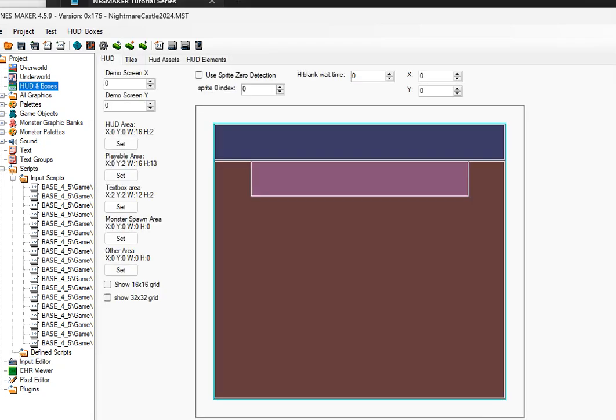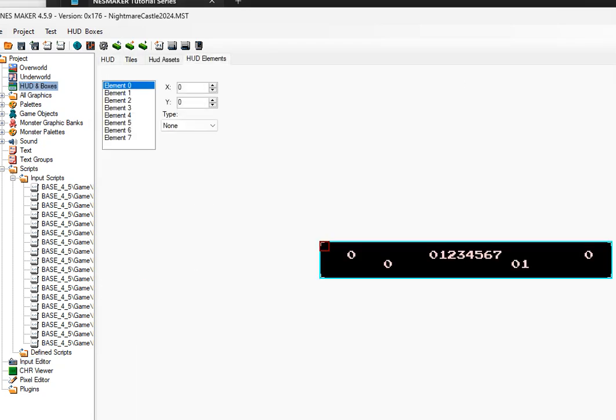Alright, so what's this doing? Well, it's increasing my HUD element 5. HUD element 5 is my continues. It's located right here. I think that red block is showing up. Anyway,